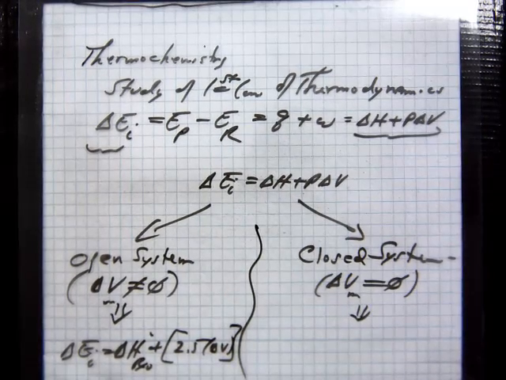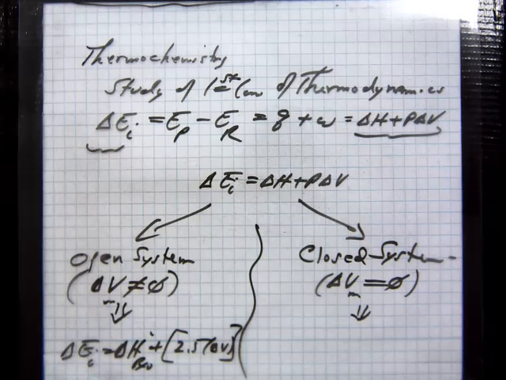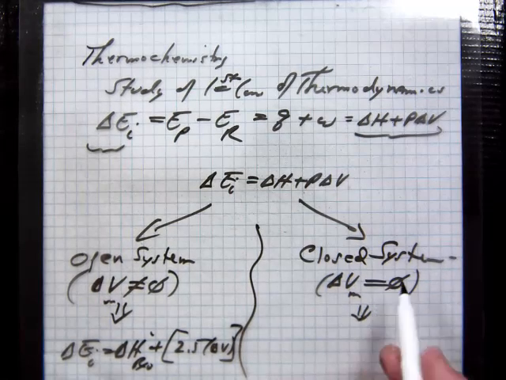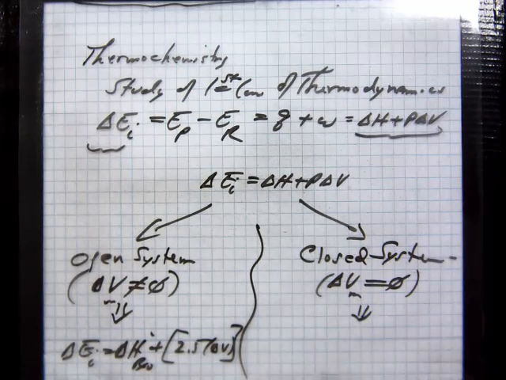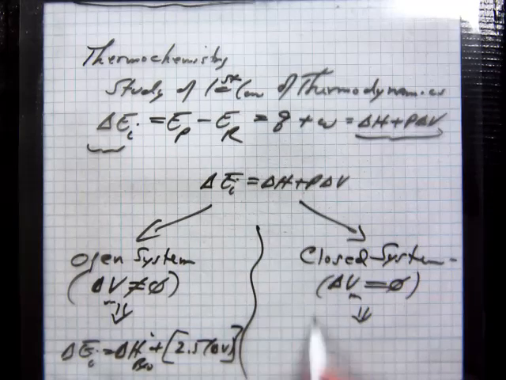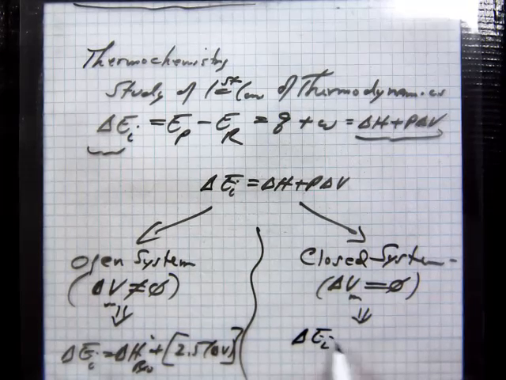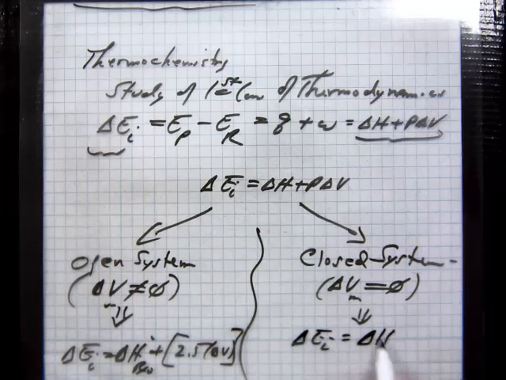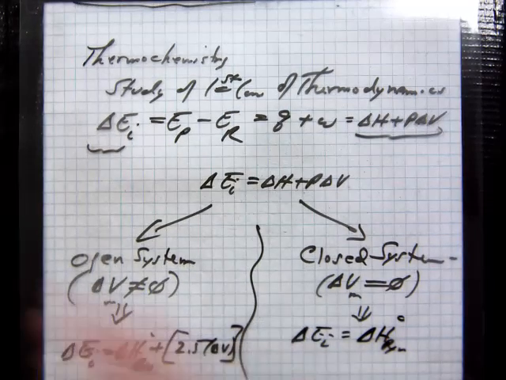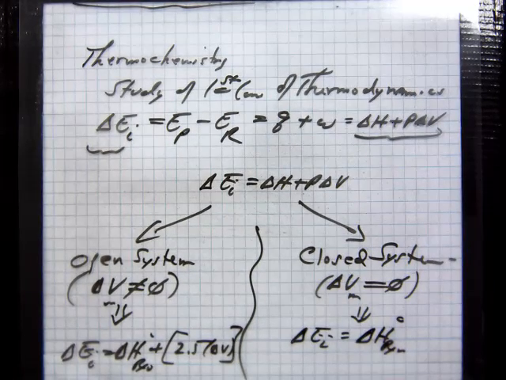Then the change in internal energy is delta H of the reaction plus P delta V if you have an open system and you have an equation and you're given the delta H number. All you have to look at is the change in volumes. If it's an expansion, you put a negative on the work. If it's a compression, you put a plus on the work. However, if it's a closed system and delta V equals 0, that simplifies the equation to delta E, internal energy, just simply to the heat of reaction, and P delta V goes to 0.